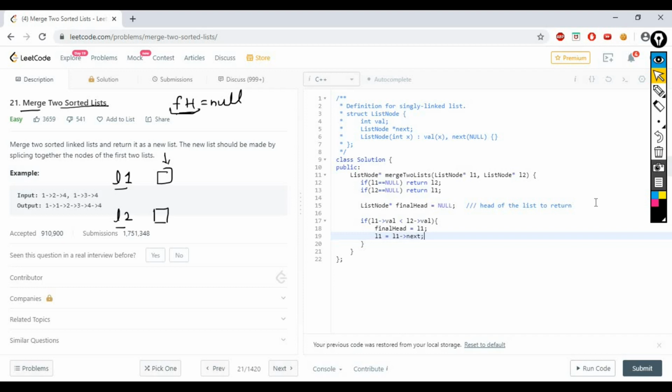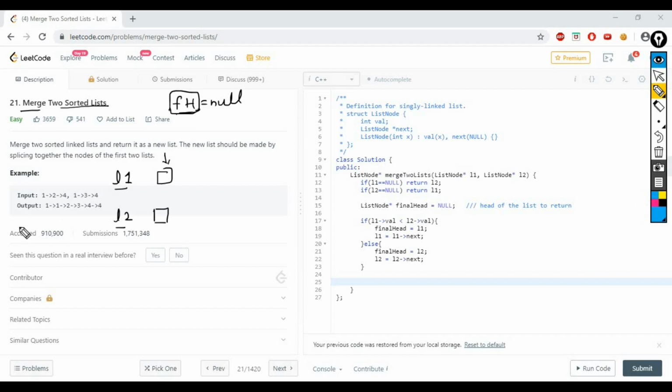In the else part, if this is not the case, then my final head will be L2 and we will move ahead: L2 equals next of L2. Simple, right? So after this, we know our final head pointer.